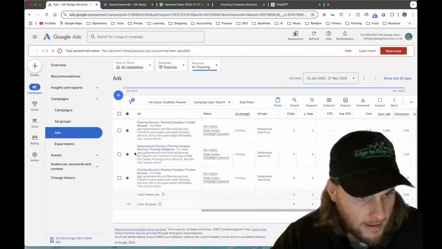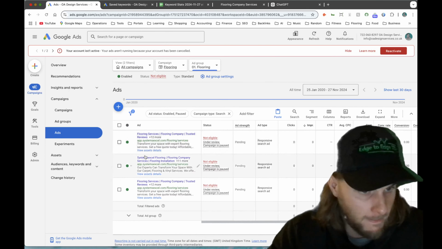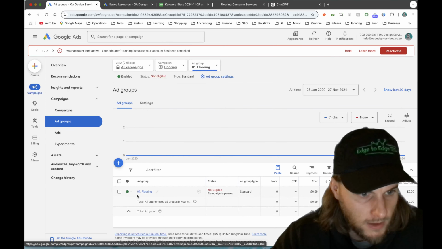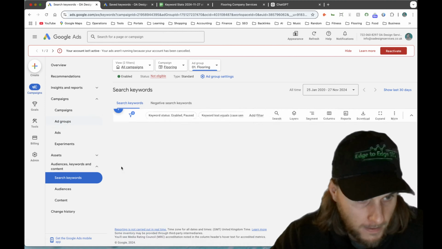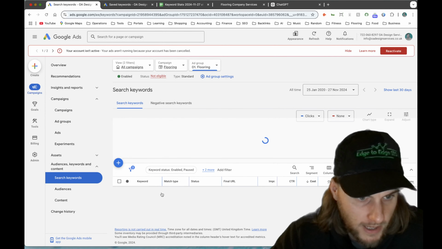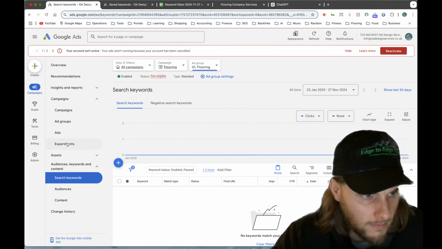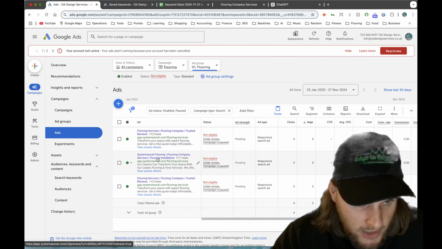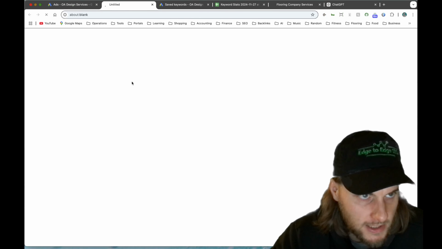Okay, so now if we go back to the ad group, you can see this one ad group for flooring now has 3 different variations of ads in it. So you've got ad 1, ad 2 and ad 3. So at the moment all of these ads are identical. So now what you'd do is you'd go into this second ad here,